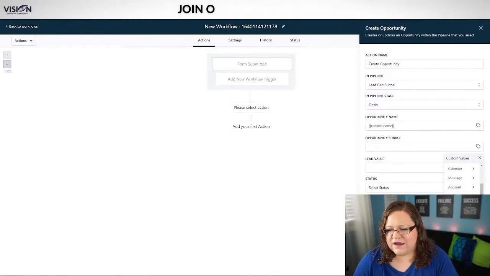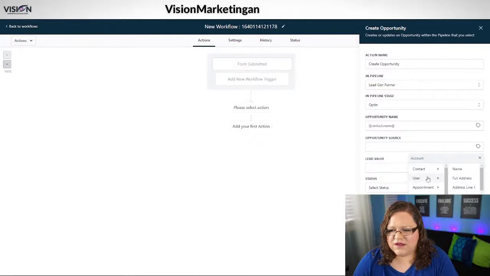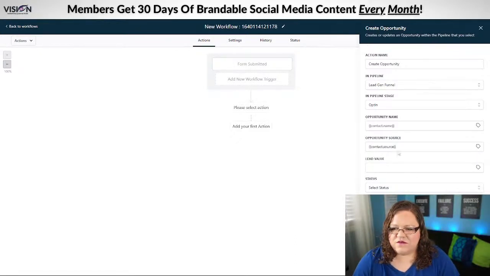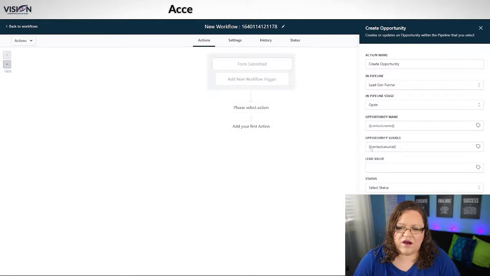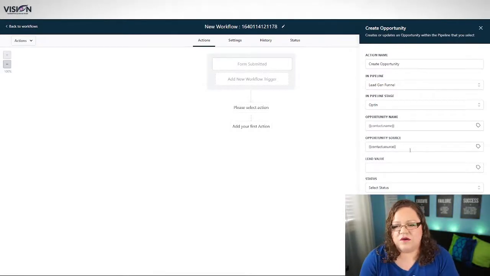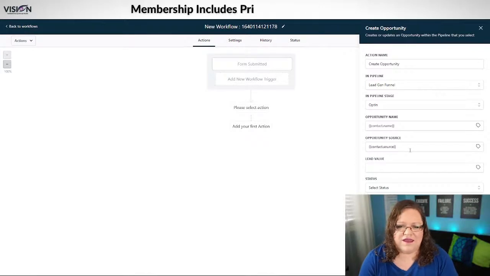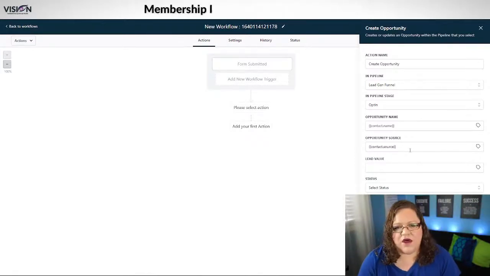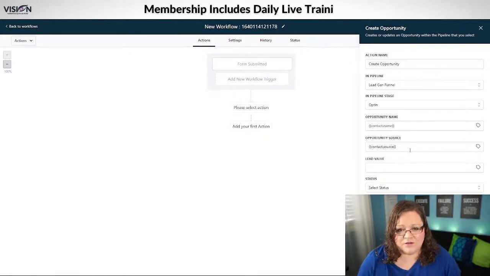You can actually go down here, go to, I think it's account. Let me see where it actually is. Maybe contact. Okay, source. So you go to contact, and then you go to source. Okay, so when it shows up in the card, it's going to show me where they opted in. This is really important if you are using the same form, or the same workflow or something like that for multiple